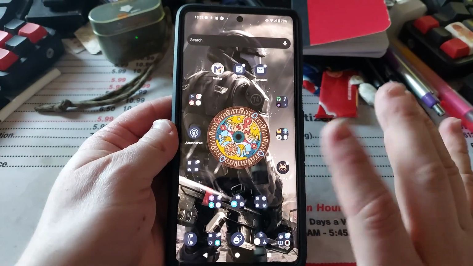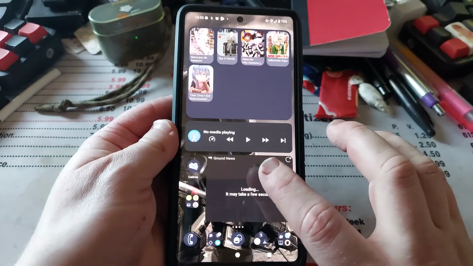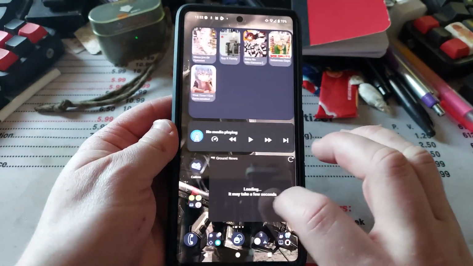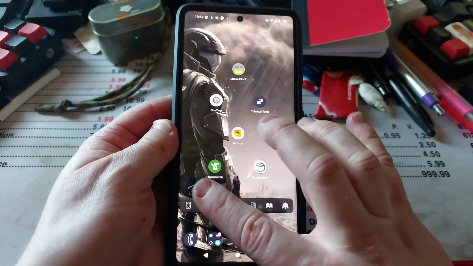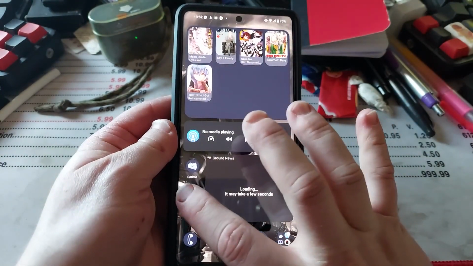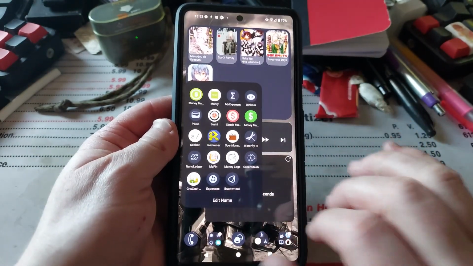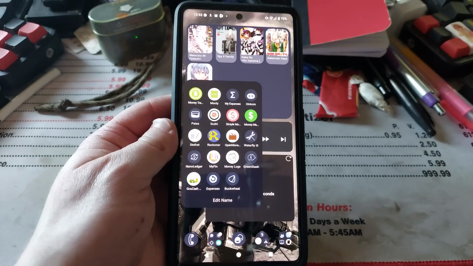Okay, guys, so today we're going to be back on the phone, but we're going to be on a lesser known home screen that I have. I've actually got a few set up for different things, but today we're going to spend time in this folder over here that I have temporarily. I've gone through and downloaded quite a few